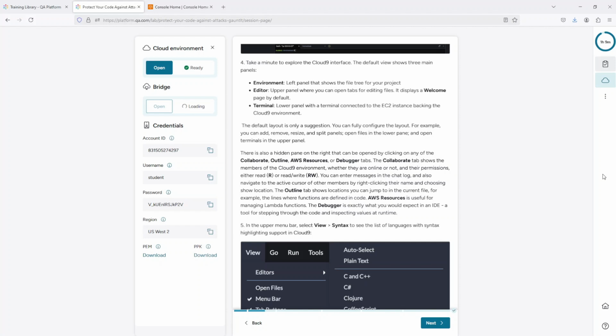The Outline tab shows locations you can jump to in the current file. For example, the lines where functions are defined in code. AWS Resources is useful for managing Lambda functions. The debugger is exactly what you would expect in an IDE, a tool for stepping through the code and inspecting